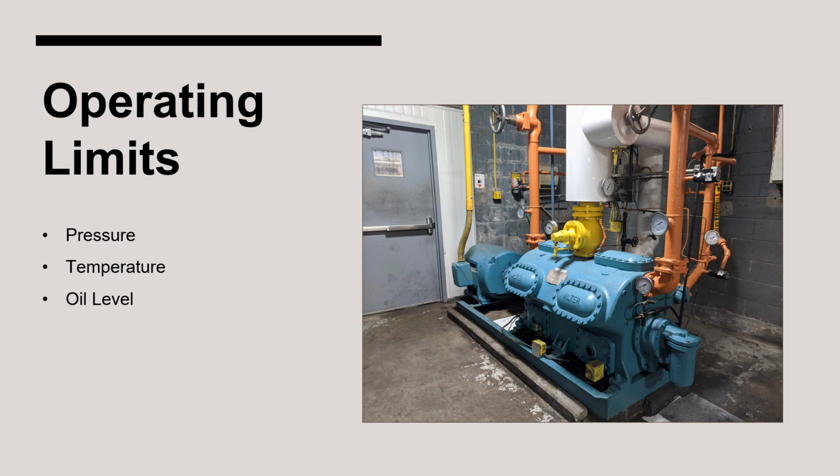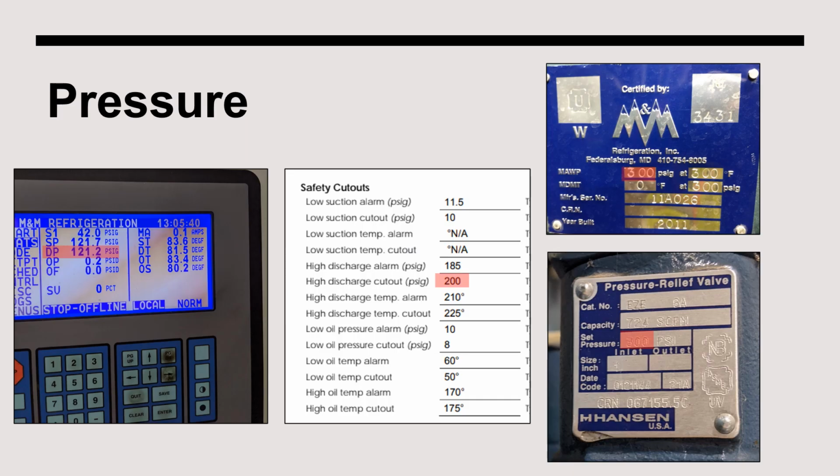Three of the most relevant operating limits for compressors are pressure, temperature, and oil level. The discharge pressure of a compressor can be determined at its microprocessing panel or at a physical pressure gauge installed on the compressor discharge line. This discharge pressure should not exceed the maximum allowable working pressure of the oil separator or the relief valve set point. To ensure this, the compressor is equipped with a cutout which will shut the compressor down once it exceeds